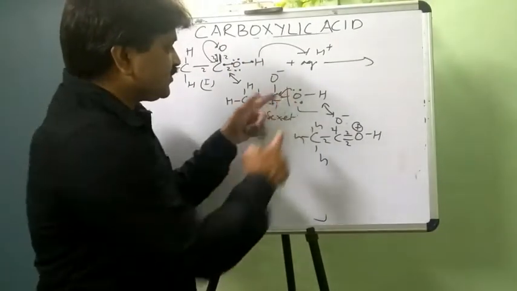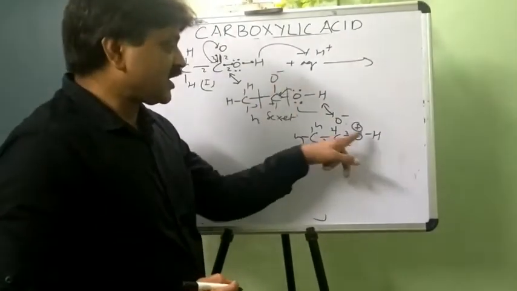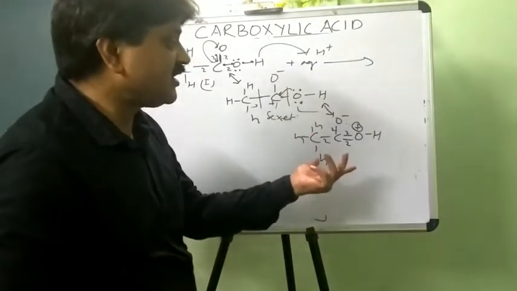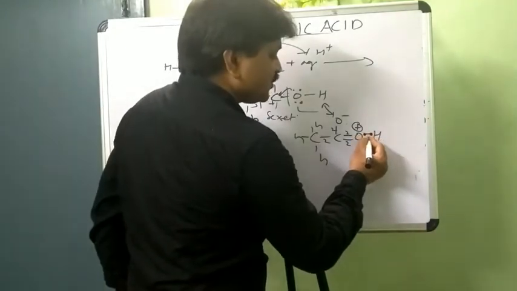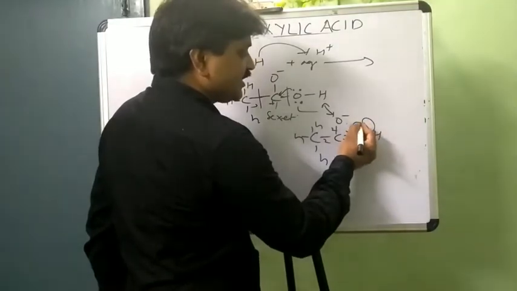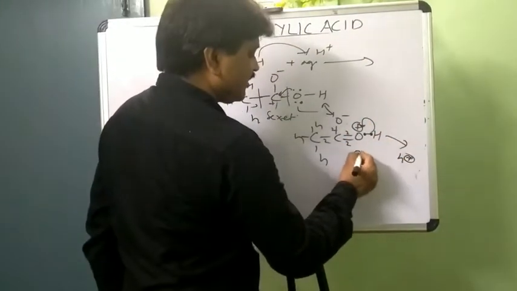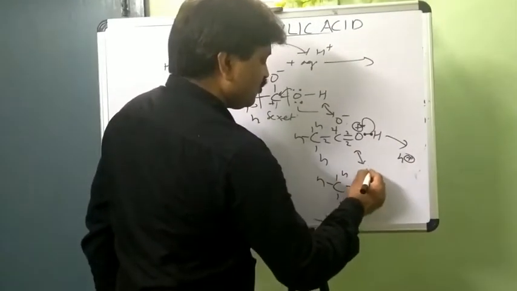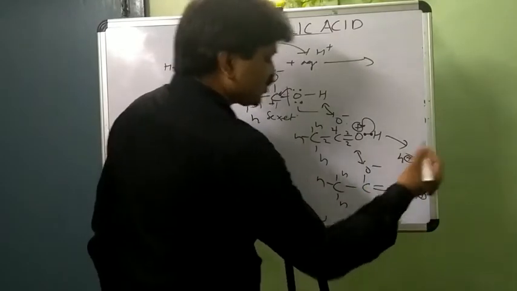So one positive charge, because one electron is shared here, one electron disperses toward the carbon atom. So it requires 1 electron to achieve its stable structure. So how does it get the 1 electron? Immediately it gets the electron which is bonded to the hydrogen atom. It gets the electron and 1 electron comes here, negative and positive cancel, and it releases H plus ion. And the formation of CH3, CO minus, double bond O, and H plus ion. Now it shows its acidic character.